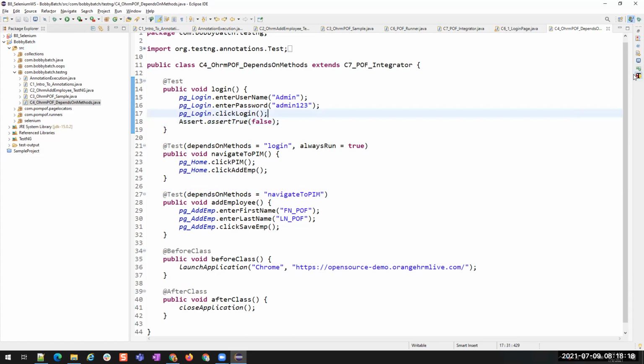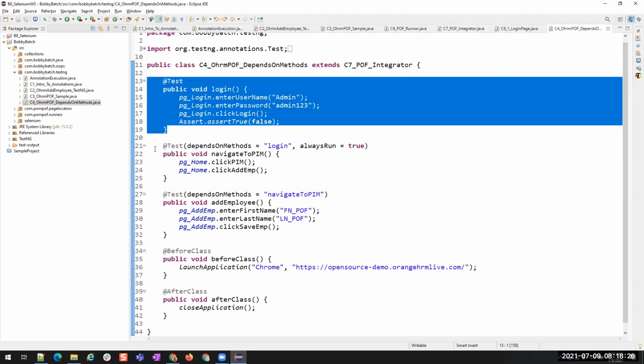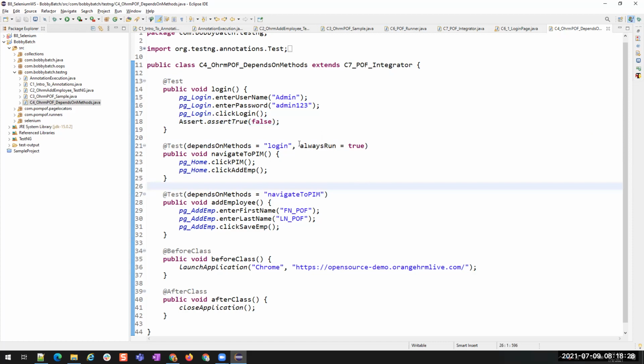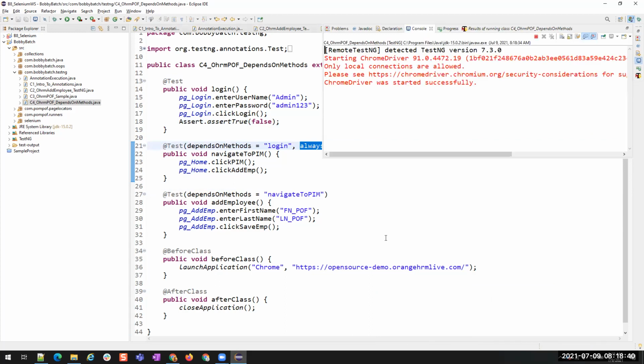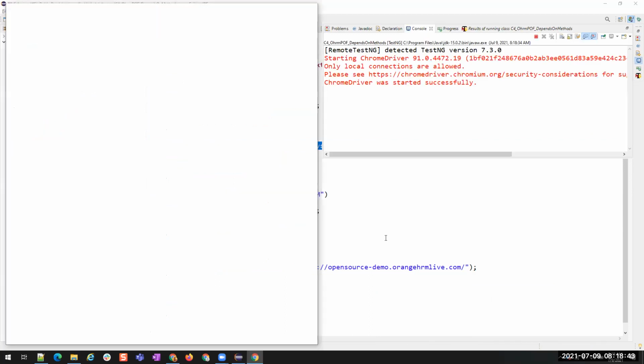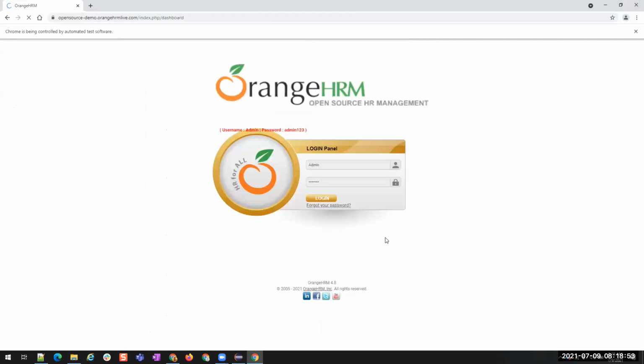Earlier, when we ran, what happened? This is failed, so these two methods are skipped. Now see, though this is failed, these methods will get executed because I said alwaysRun equals true.